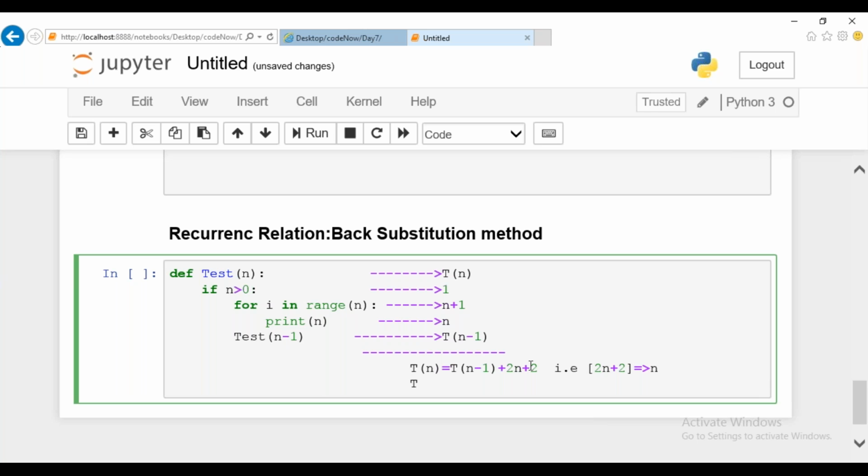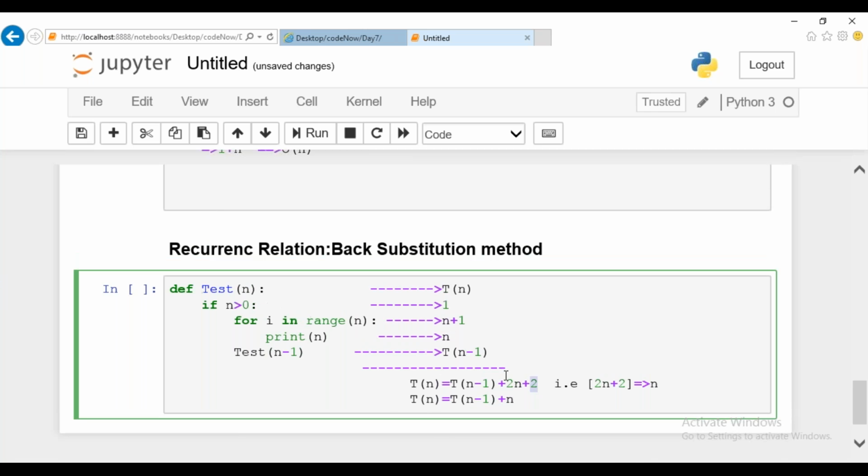If your expression is too long, it will be too lengthy for us to calculate. So generally we can assume this particular expression is T of N minus 1 plus N. Is that clear, guys? Why am I assuming this? Somehow this constant is not going to make any difference. So instead of assuming 2N, I can assume just N alone to make my expression clear. It will be easy for me to evaluate.